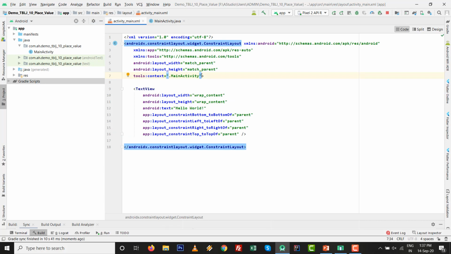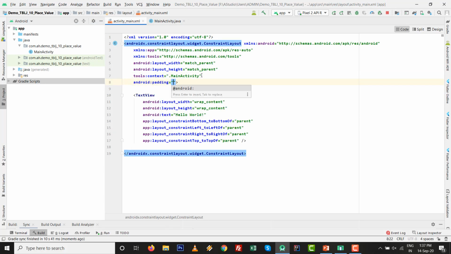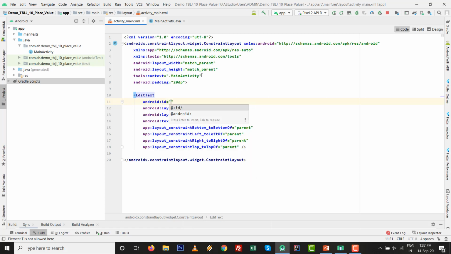Over here, first, a layout with padding of 20 dp, then this one will be the edit text. Give the ID for that, likewise edt_number.